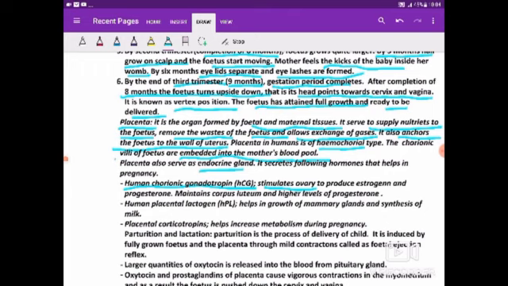The implantation has already taken place now, and pregnancy has begun. So the endocrine cells from the endometrium, the region which is going to form the placenta later on, from there itself the human chorionic gonadotropin starts being secreted, and that actually controls the